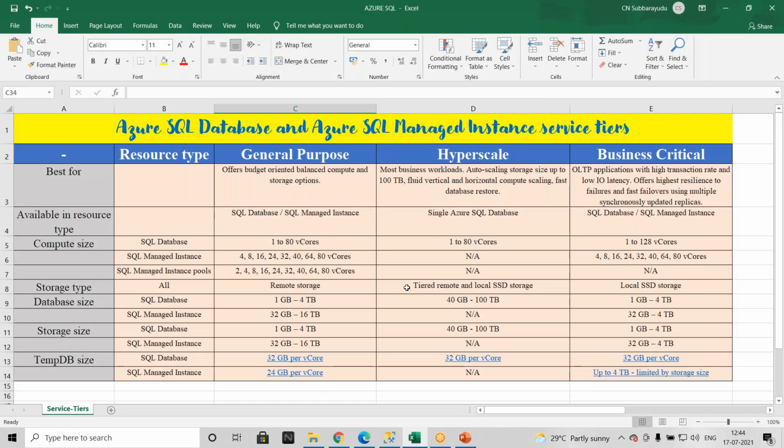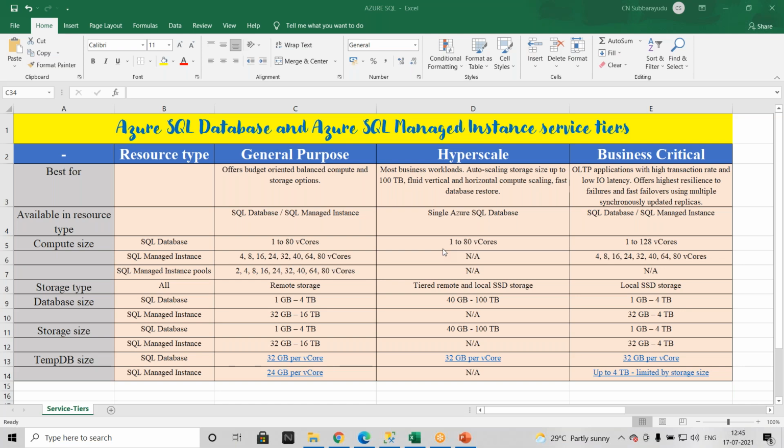Okay, this is just an overview of our service tiers in both Azure SQL Database and Azure Managed Instance. Especially under vCore, because DTU is strictly with Azure SQL Database, but vCore is compatible with both Azure SQL Database and Azure MI.